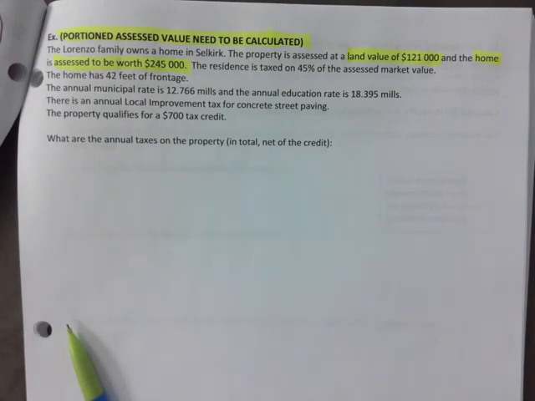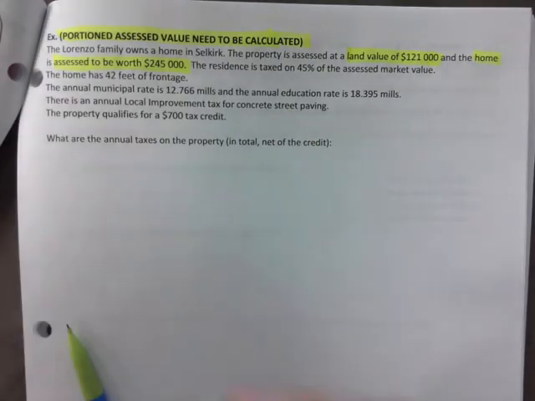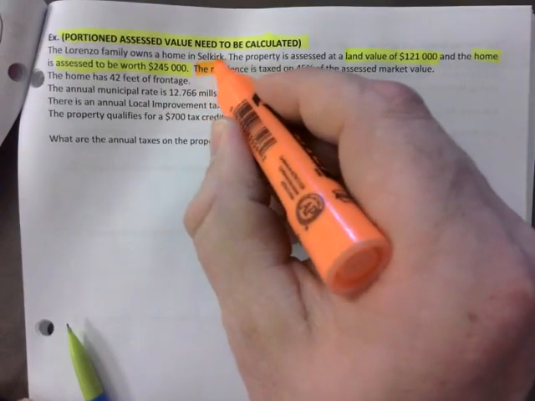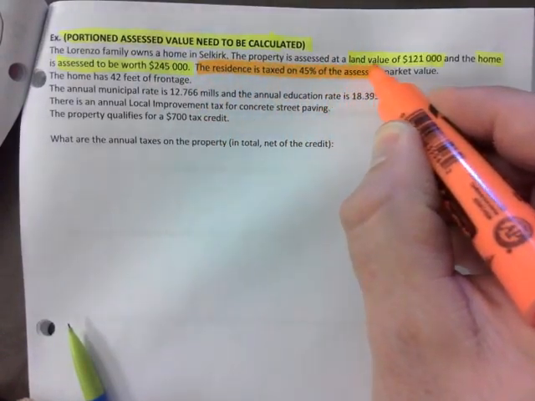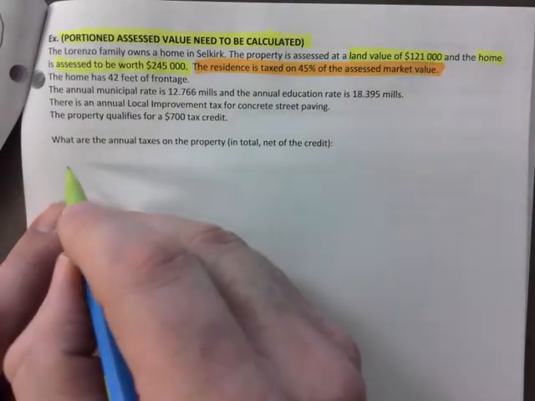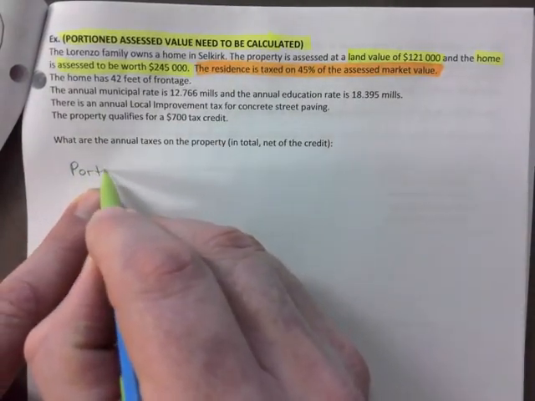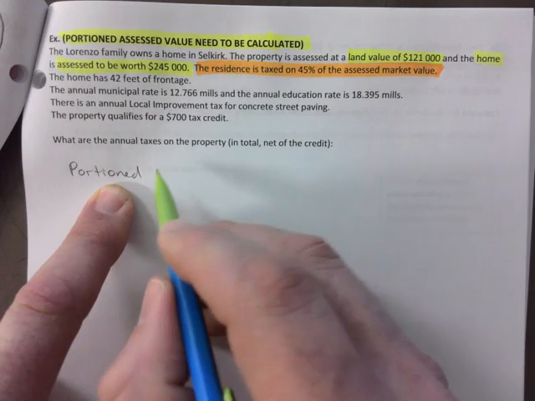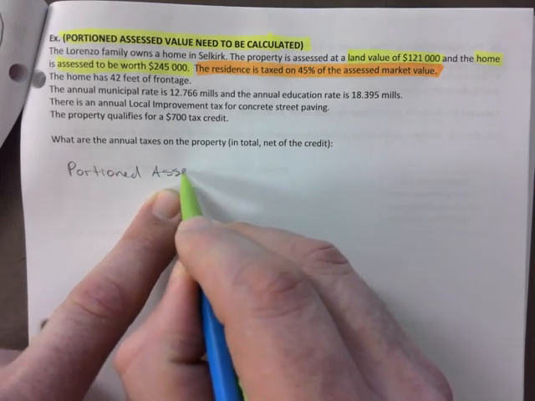And here it is. Here's that other part that I told you about. The residence is taxed 45% of the assessed market value. So you need to figure out the portion assessment before you do any other calculation. So let's figure that out. Portioned assessment